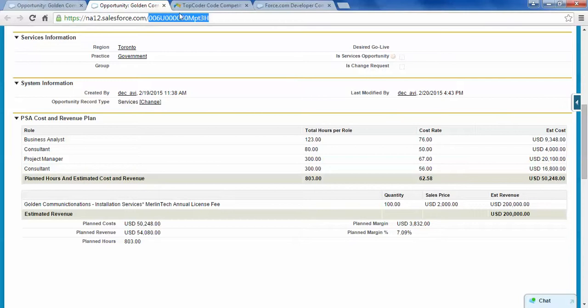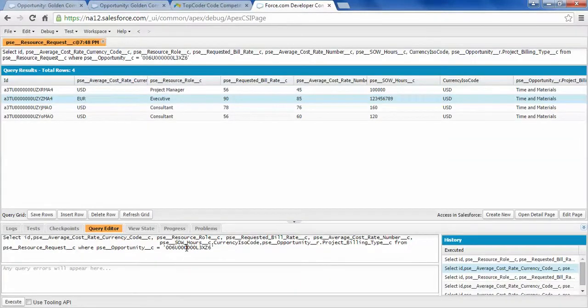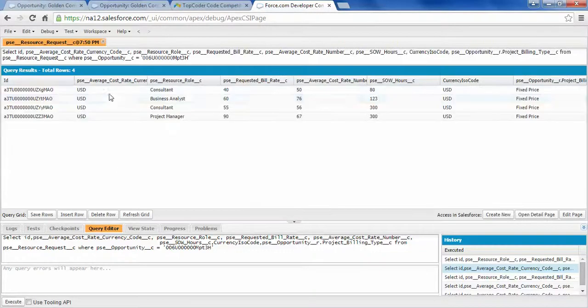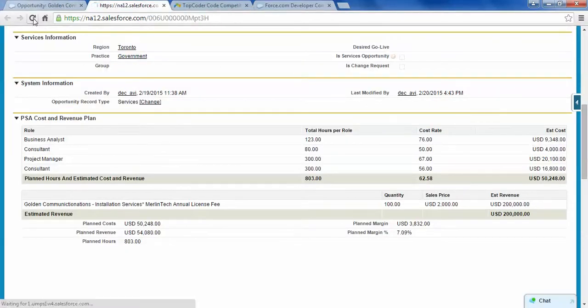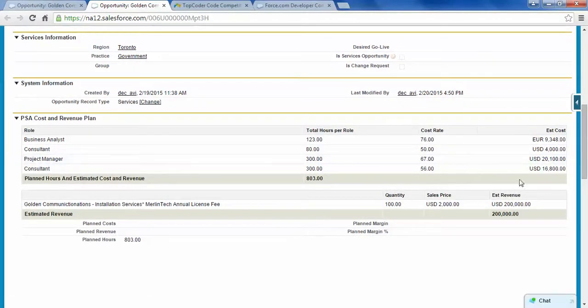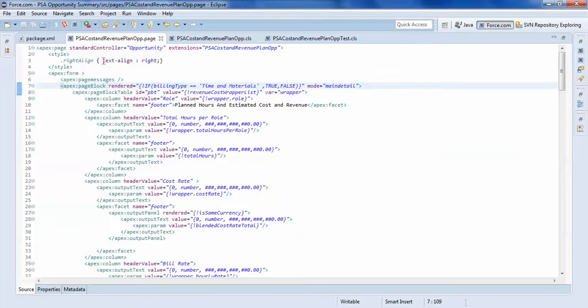Now again I will update this opportunity. All this cost rate and this estimated cost are blanked out because it can't be calculated because of the different currencies. So now I'm coming to the code walkthrough.